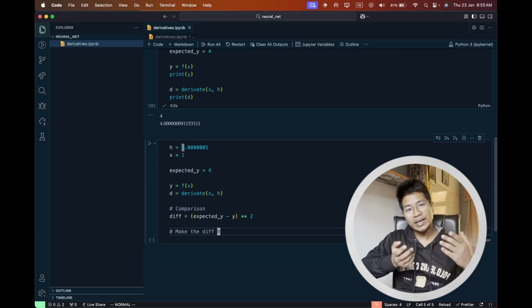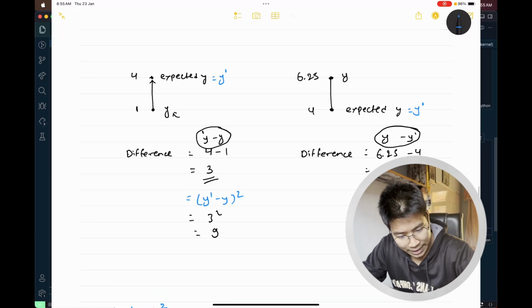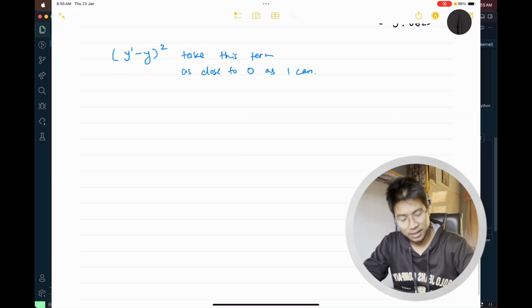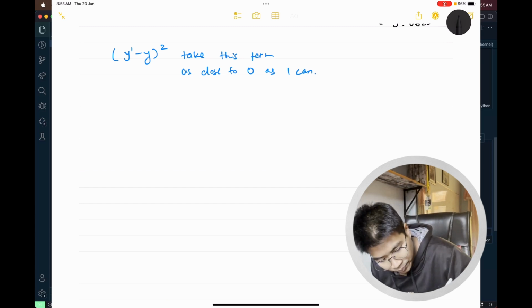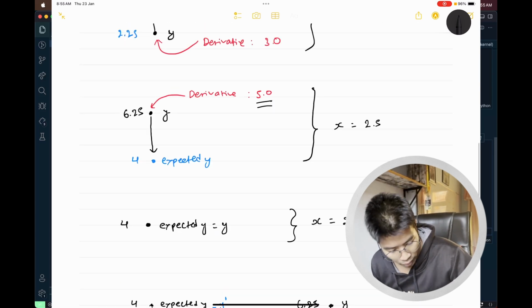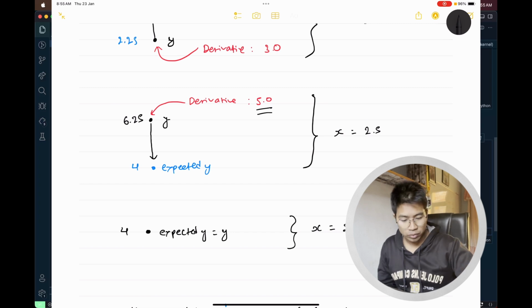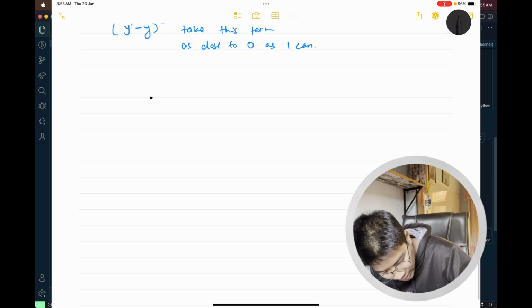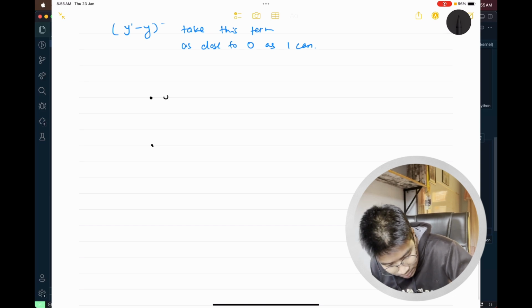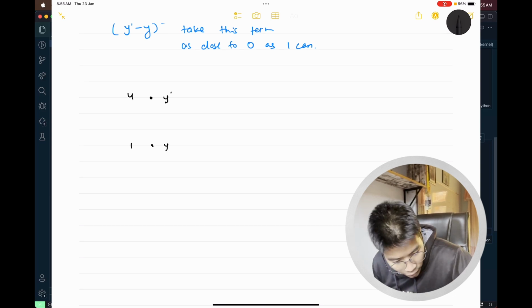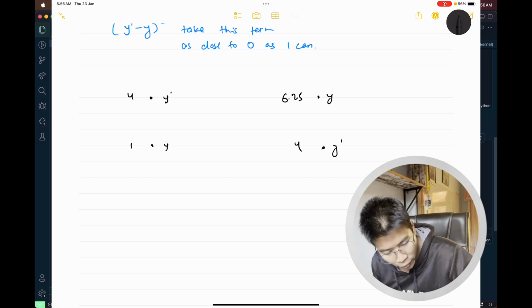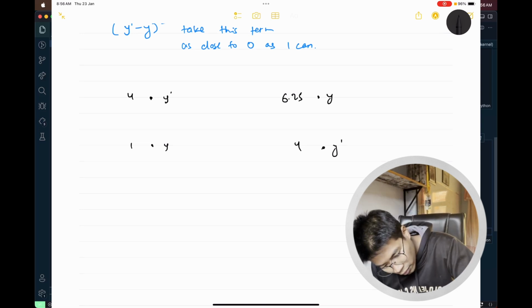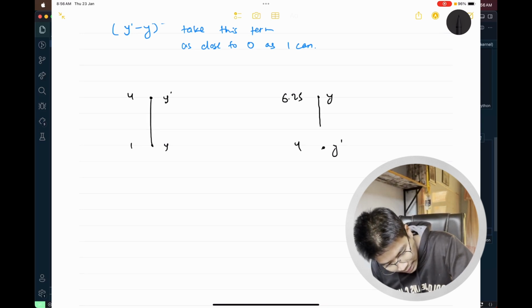Okay. How would you make that difference 0? Now, that's another question we need to answer. So let's look at that. Let's look at how we did that before. Okay. So the way we did that over here was when my y value, or the difference over here, right? So let's talk about in terms of difference. So let me do it completely differently over here. This is my expected y. This is my y for 1 and 4. This is my expected y and y when we, this is expected y. This is y when it was 6.25 and a 4. Okay. So over here, in this case,